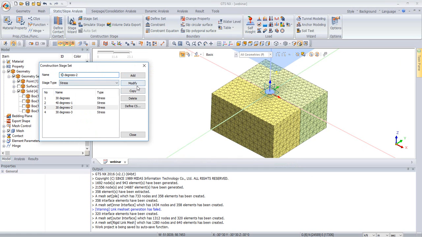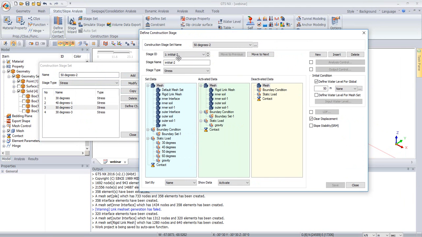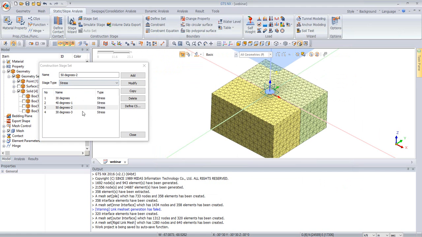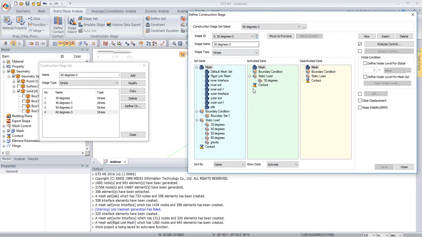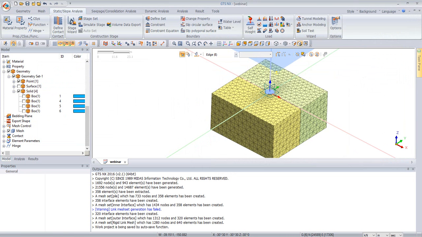But you see how all the other stages were copied. So stage 1 is the same, stage 2 is the same. The only thing is now, again, I'm replacing the loads and just updating the name for namesake. And lastly will be the 60 degrees. So we've now created all of our stages,